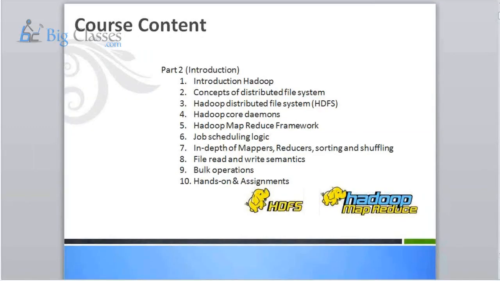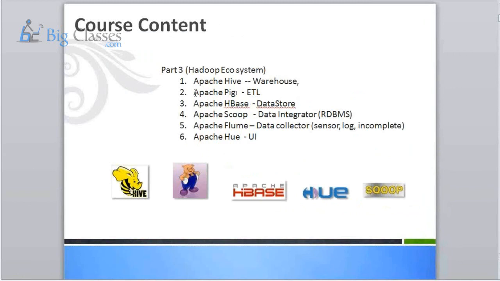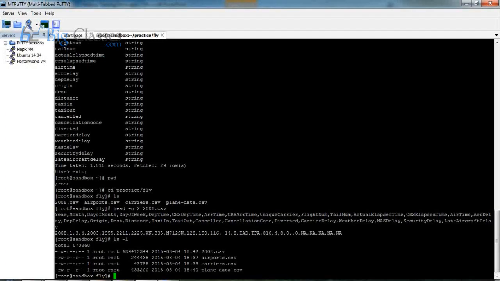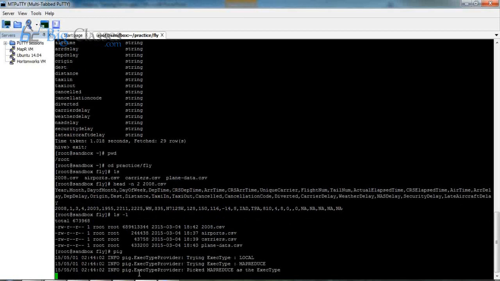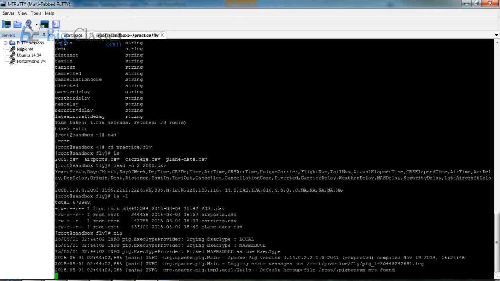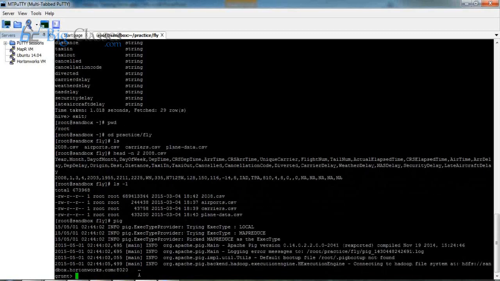Moreover, if you want to do some serious scripting or data crunching job, you can rely on Pig as well. It allows you to write a syntax for it. Let me give you the flavor as well. I'm going to spend another 10 more minutes, and then we'll wrap up the session. So let's just hit pig. We are getting into the Pig shell. It's called Pig Grunt. Here we are trying to work on the same file.